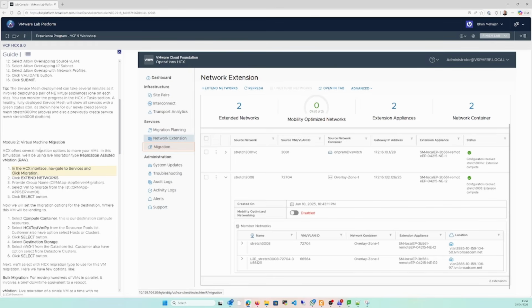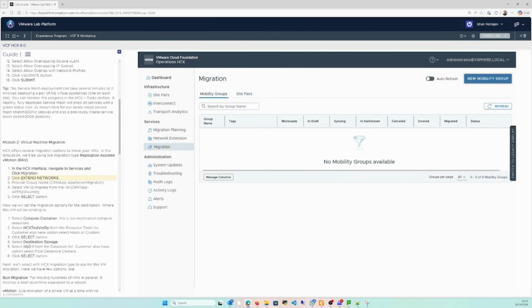Okay, now module 2 of this lab, virtual machine migration. HCX offers several migration options to move the VM. In this simulation, we are going to use live migration using replication assisted vMotion, RAV, in the HCX interface. Navigate to services and migration. Click on